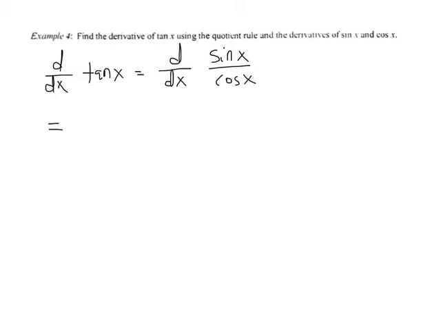And then if we accept that those two are fact, now we can find the derivative of tangent using the quotient rule. I'm going to get a couple things set up here. We're trying to find the derivative of tangent, which really means we want to find the derivative of sine divided by cosine. Now we can use our quotient rule. Quotient rule says low d high. So we have cosine of x times the derivative of high, the derivative of sine, which is cosine x, minus high, so sine of x times, I'll do that in parentheses, the derivative of the low, cosine, which is negative sine,